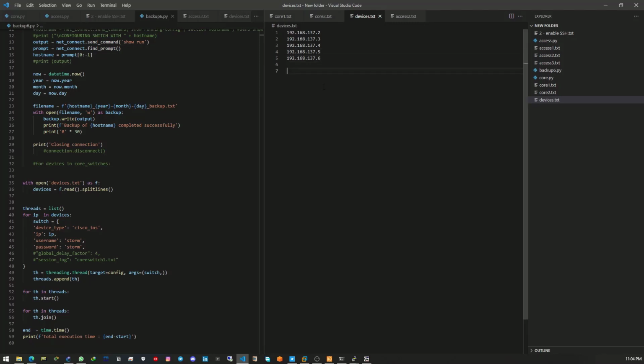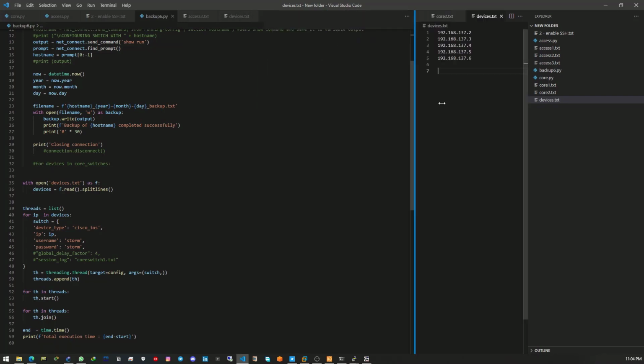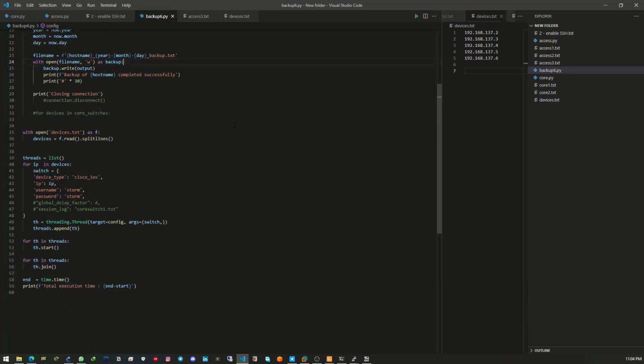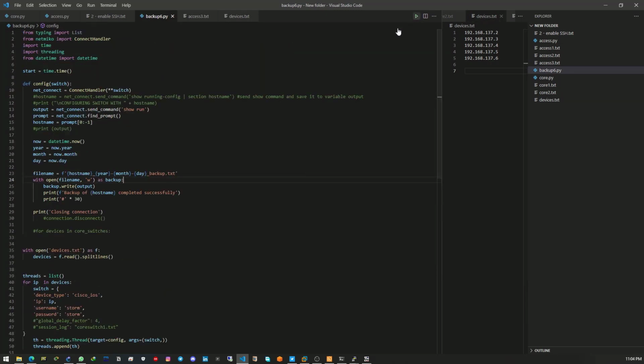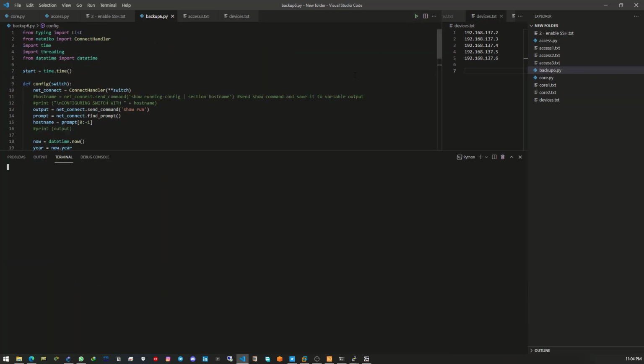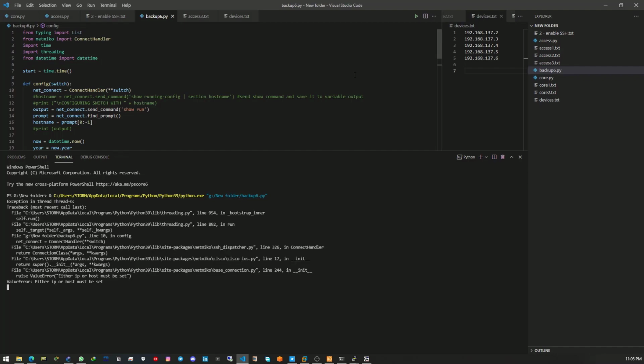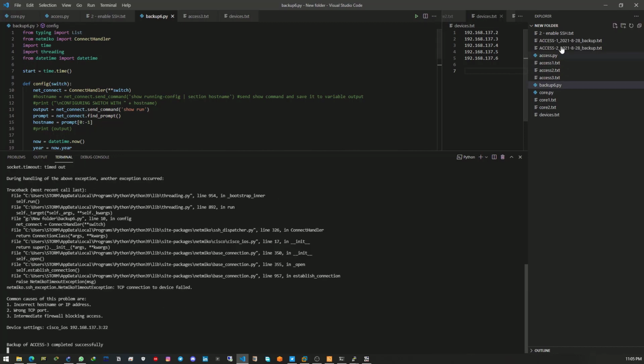For the sake of this recording, I'll run the script directly in my terminal. So as you can see, it will execute the code, and then it will take a backup configuration from all the switches. Okay, good. So we have access switch 1,